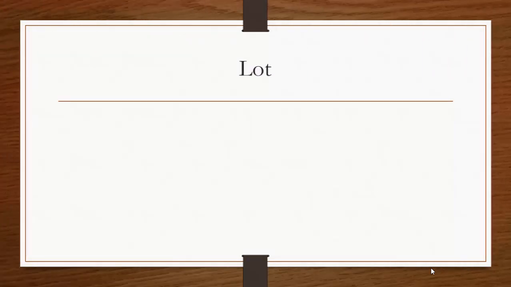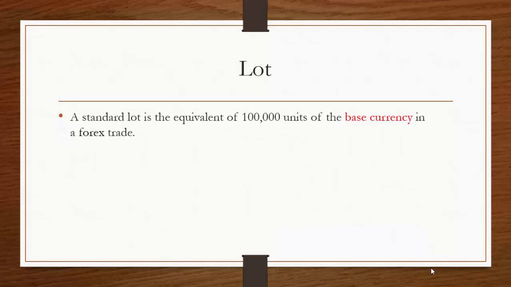Okay, now it's time we talk about the quantity or volume of our single trades. In Forex, it's called a lot. A standard lot is the equivalent of 100,000 units of the base currency in a Forex trade. The first currency in the pair is the base currency, and when we say one standard lot, or simply a lot, we mean 100,000 units of the base currency. As you might think,